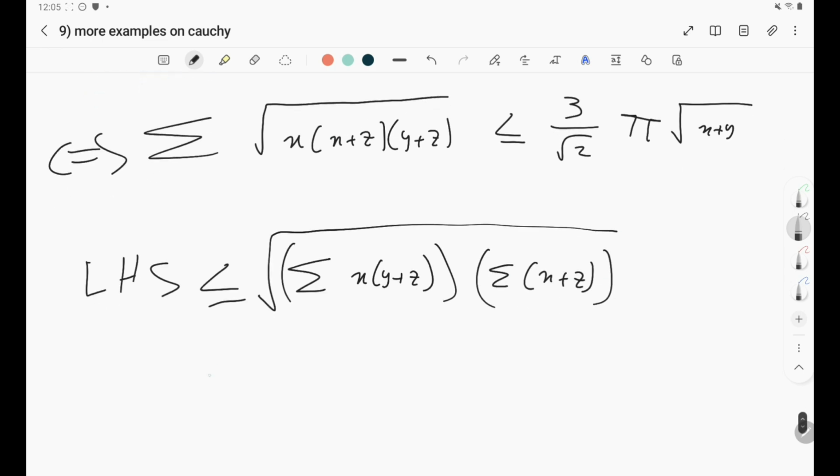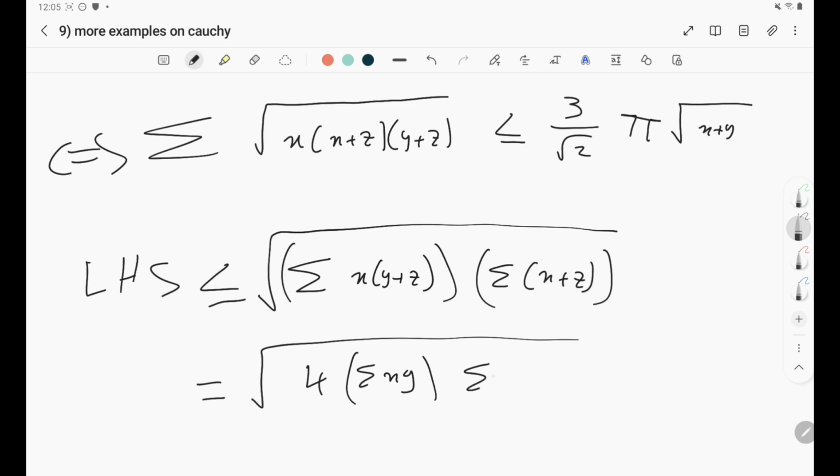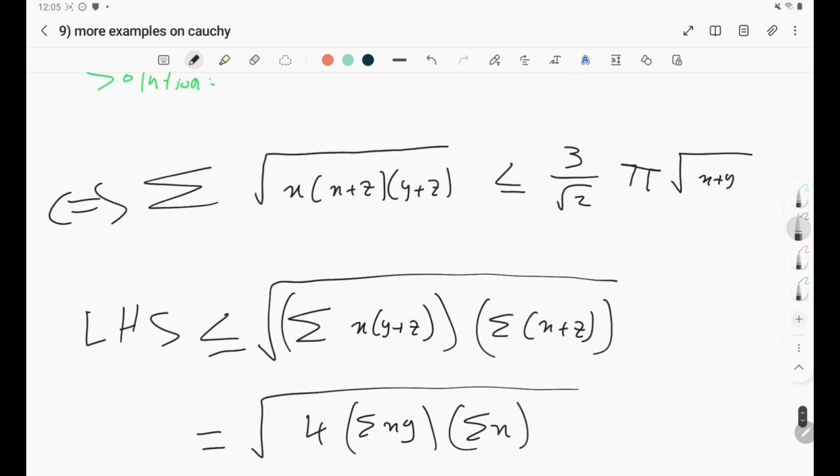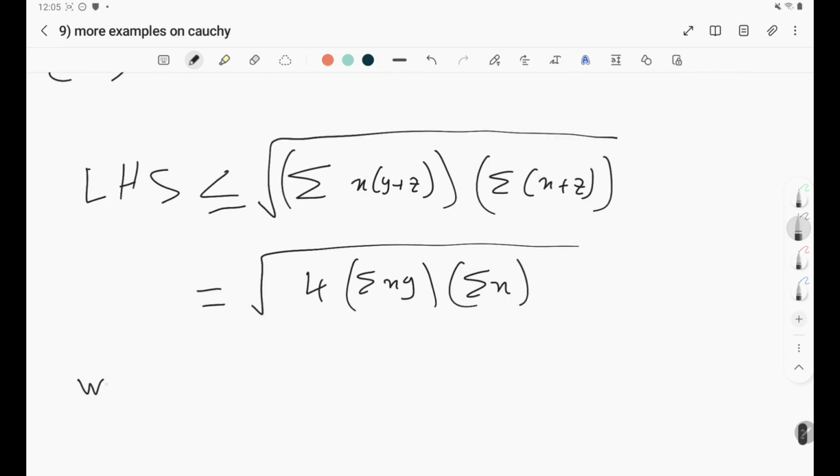Don't forget that. Of course, we can write this as 2 sigma xy here and 2 sigma x here. So basically, it's just 4 times that. Okay, now our goal is to show it's less than this. So now we just need to show